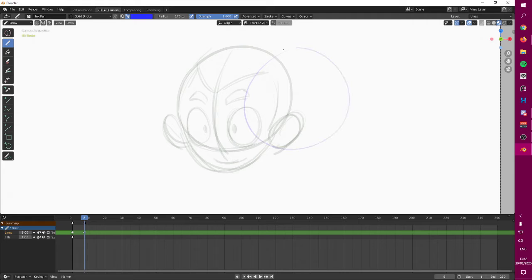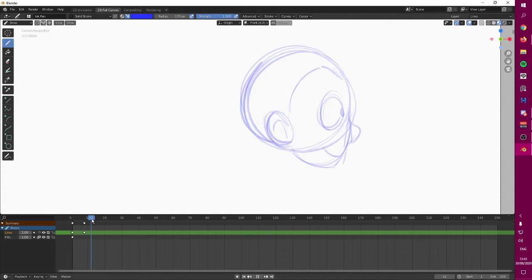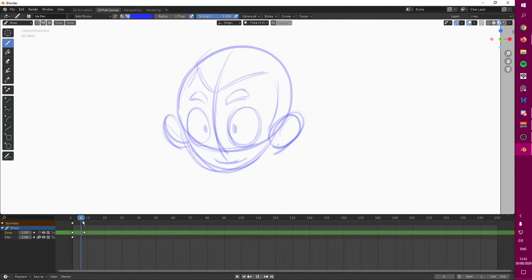Let's do this face to be now looking to the side. Okay. And now we have these two poses.